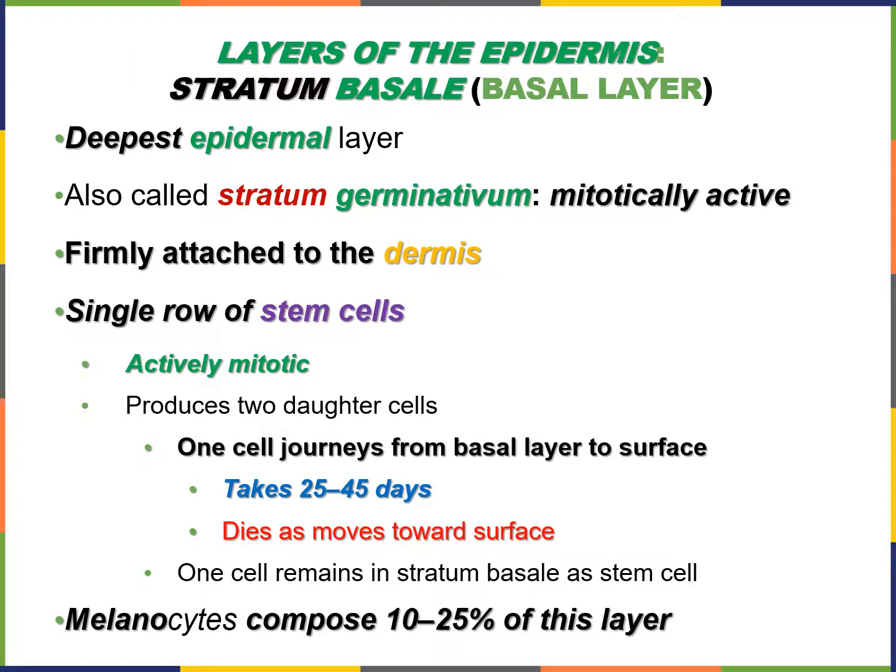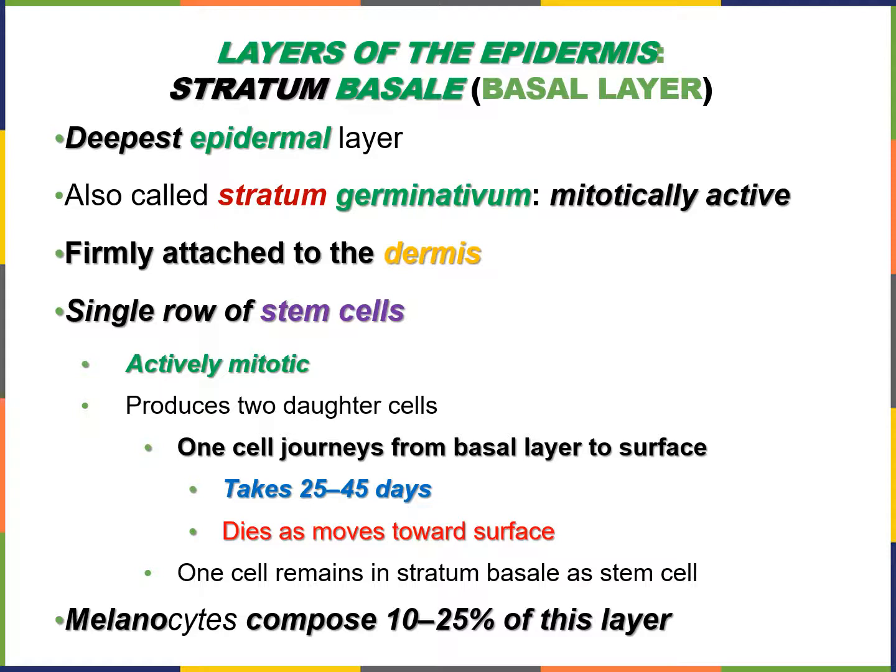So we talk about the deepest layer of the epidermis, the stratum basale, whichever way you want to say it. That's the basal layer. It again is the deepest epidermal layer, also called the stratum germinativum. That is the very mitotically active site. That's the layer of cells that's going to constantly be reproduced through mitosis and replenish our skin. This layer is firmly attached to the dermis, so it's a single row of stem cells, multipotent stem cells. Again, it's actively mitotic. It's going to produce its daughter cells, and it's going to take then about 25 to